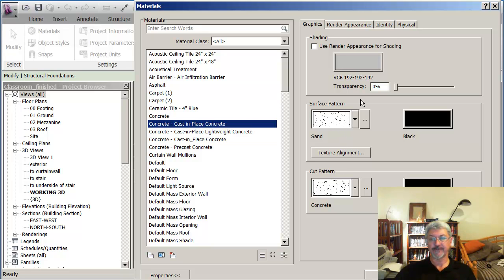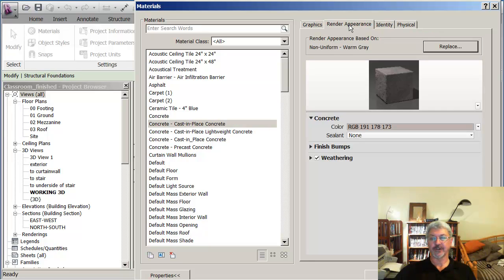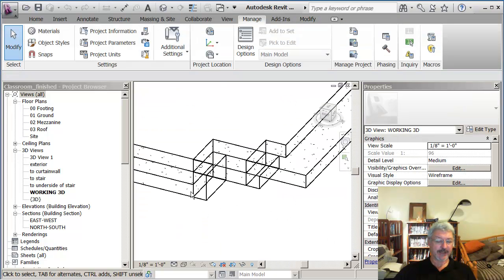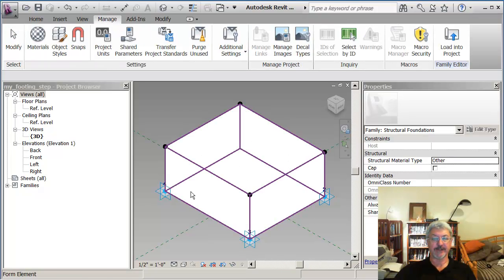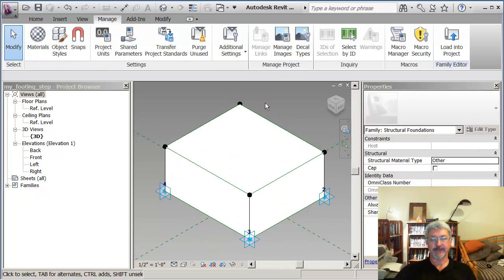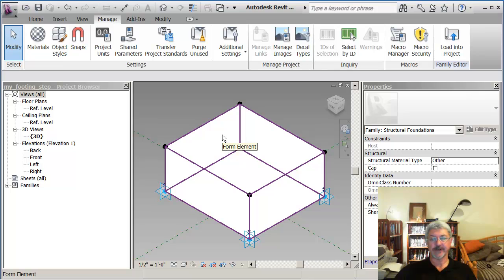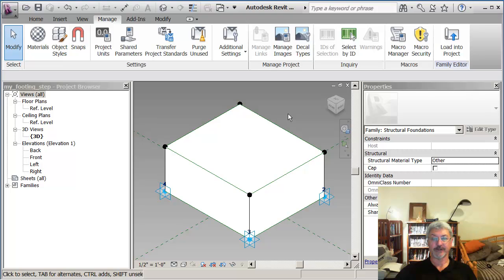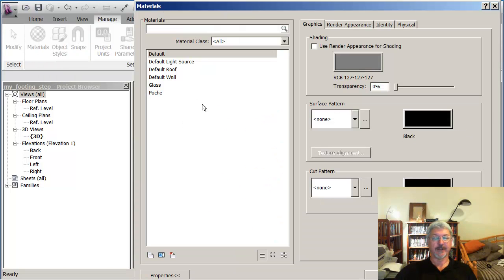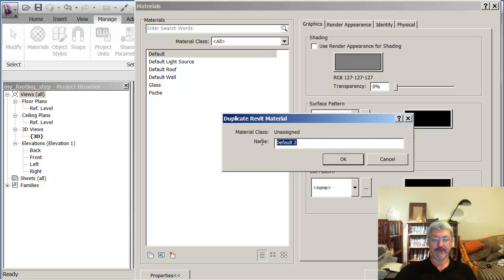I can see it's got surface patterns, it's got a shading color, and it's got here a material already defined in here. So back in, if I do Control Tab to get back into my adaptive component family, all that I need in here is a material with the same name to tell it that this is the same material, but I don't need to do any definitions. So all I do up here is say copy the default material, make a duplicate, and let's give it the same name. The name was